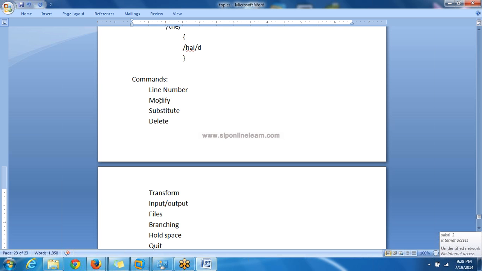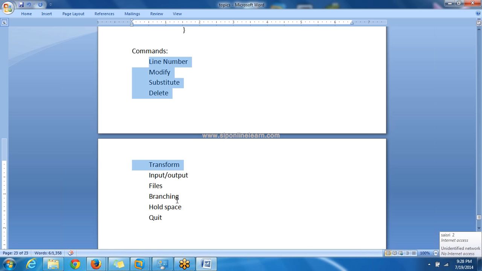So the commands are classified into these kinds: line number commands, modify command, substitute command, delete command, transform, next input or output, files, branching, hold space and quit.